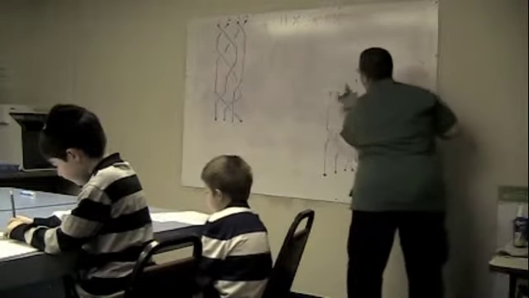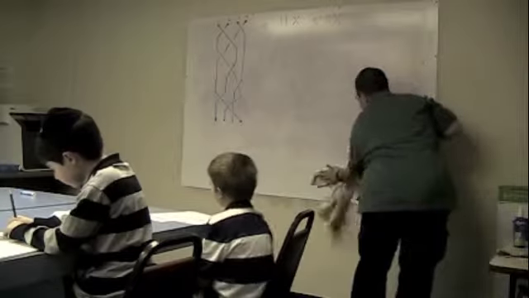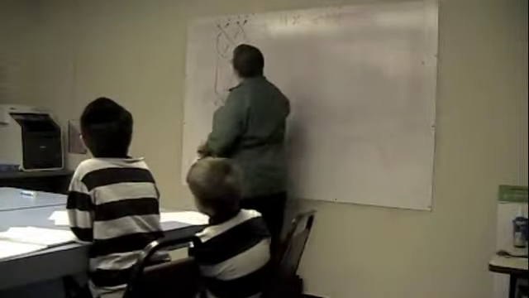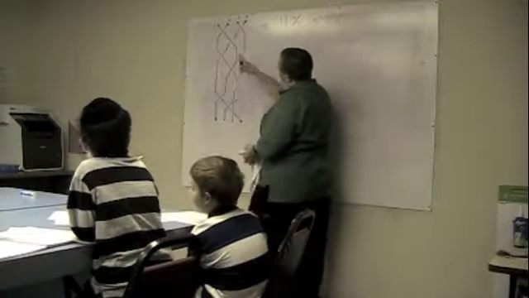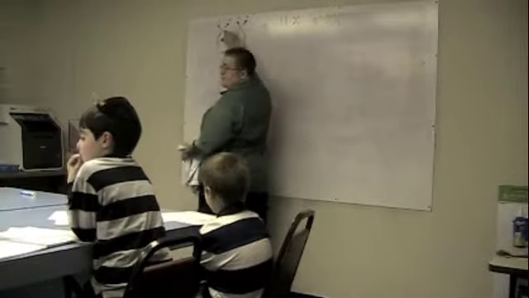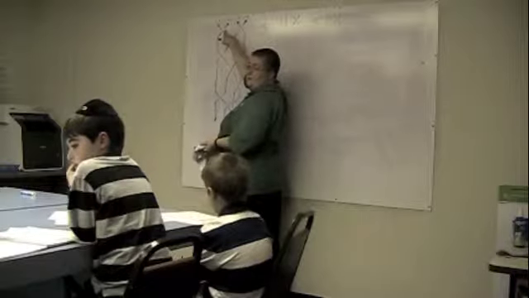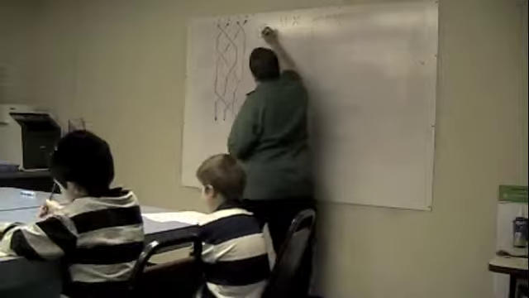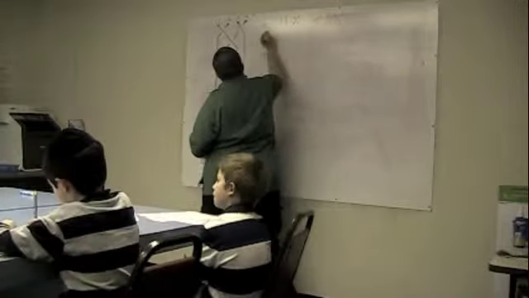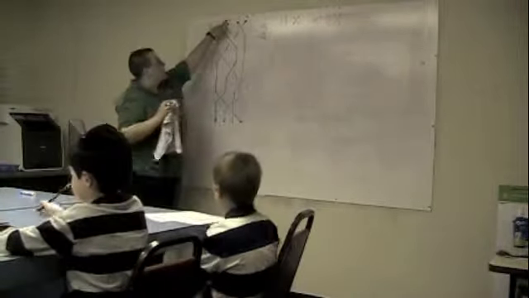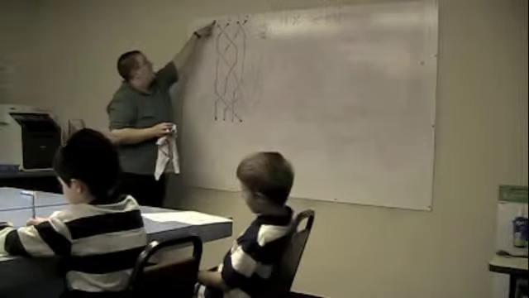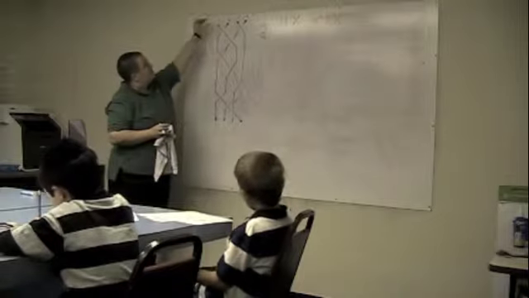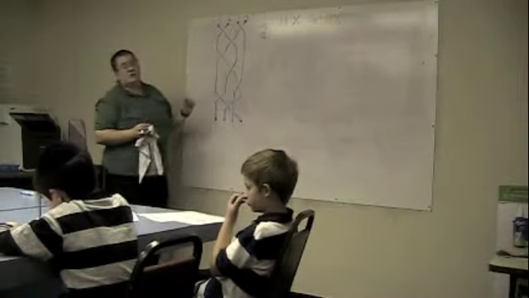So let's keep on going. So we have a sigma 3. That's this crossing. Then what's this one? What will this one's name be? Which two strings are involved? Sigma 1, because the numbers 1 and 2 are involved and 1 is lower. And is 1 going over 2? Yeah. So it's just a plain old sigma 1, not an inverse.